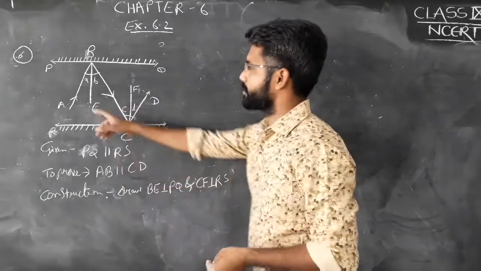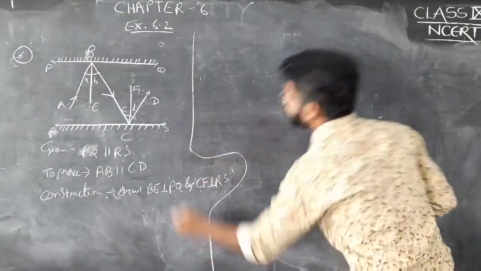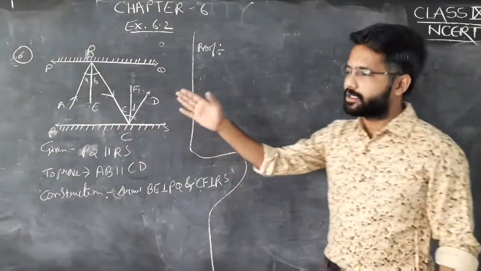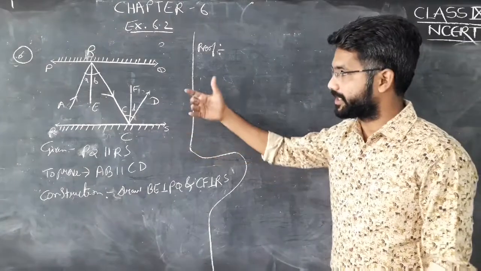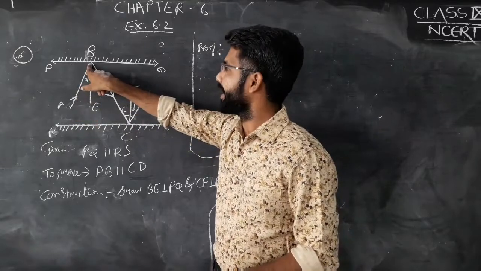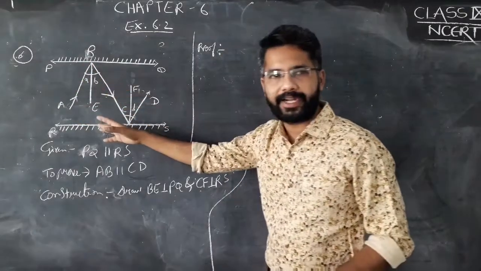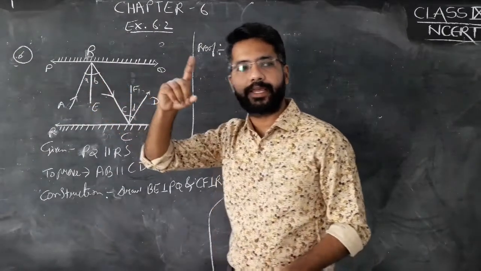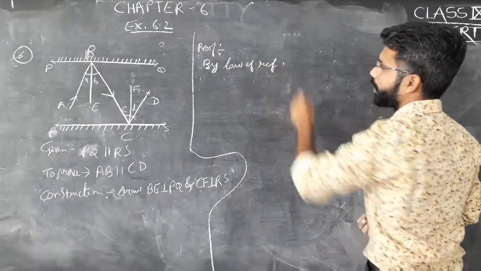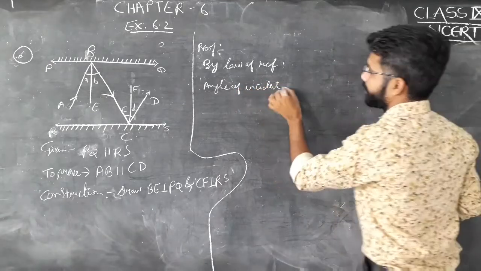Okay, now you might have learned the law of reflection। What happens is that from a point we have an incident ray, and a second one, the reflected ray। So angle of incident equals angle of reflection। ये होता है। तो by law of reflection we can write angle of incident equals to